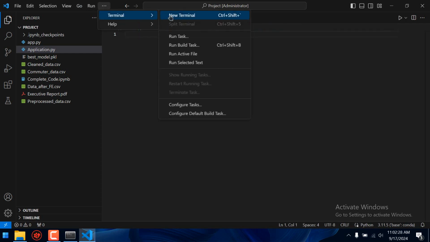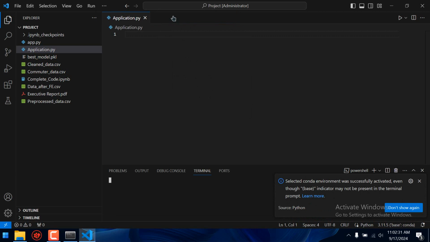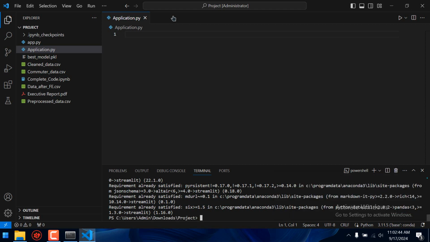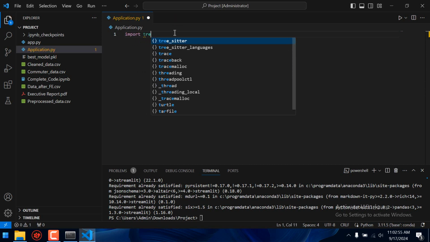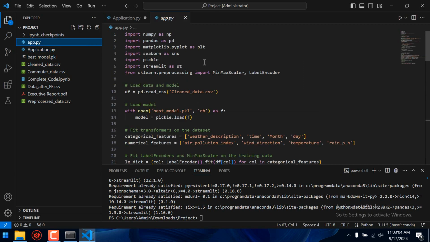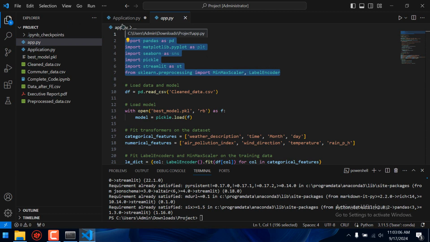Okay. Open the terminal, and here you have to run pip install streamlit. You need to install that library. This is a web-based library, similar to Flask, which enables you to deploy or convert your model into a production site. Production means a UI application. So after that, you will need to import, first of all, import streamlit as st. I will copy the code from there just to make this process a little bit faster, but don't worry, I will teach you everything.